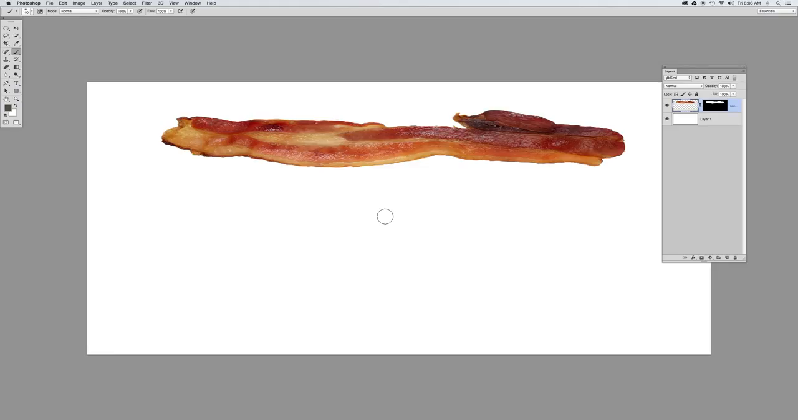Another way to create a drop shadow in Photoshop is to use the actual image and its layer to create a drop shadow underneath the object. In this case, trying to hand paint a shadow with a brush is going to be much more difficult when we have an intricate object like this piece of bacon. So in order to create a shadow for this object, I'm going to go over to my layers